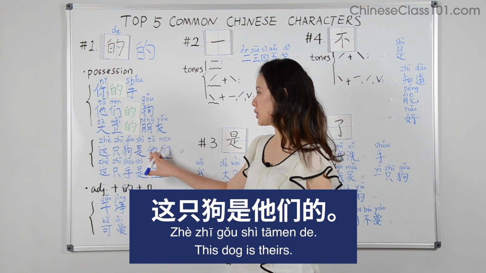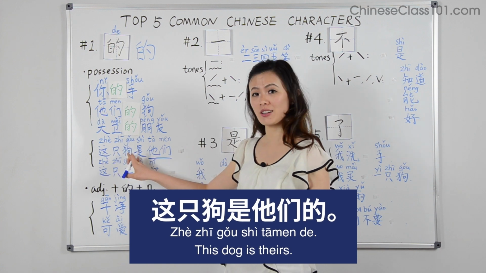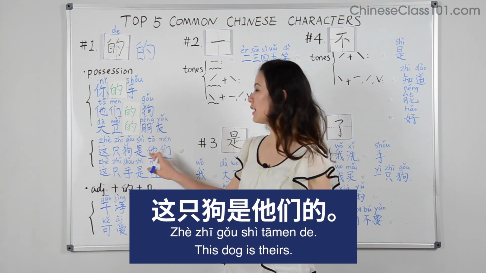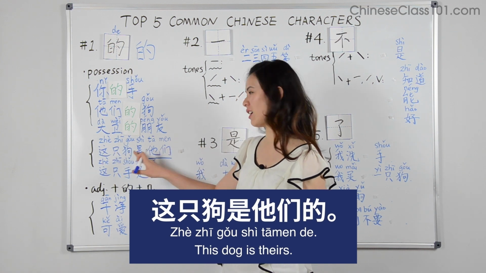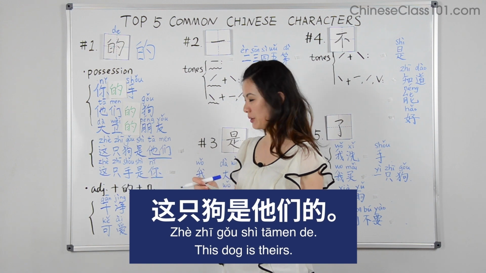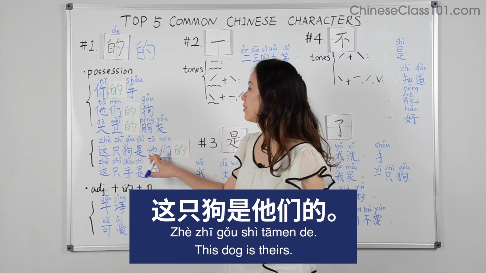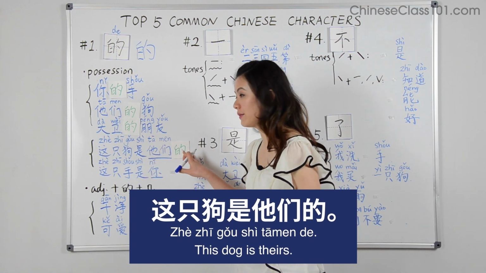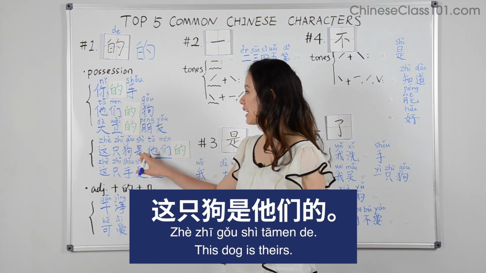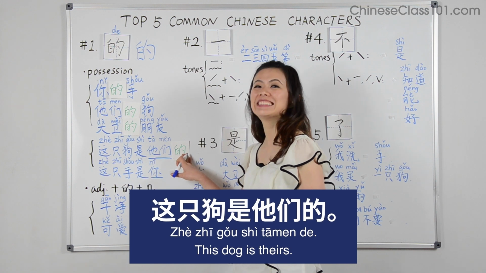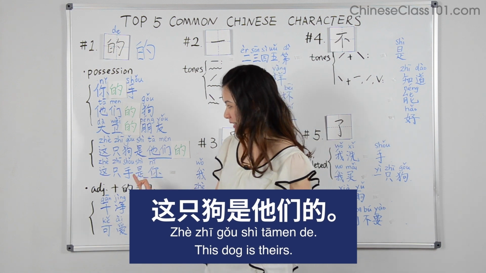这只狗是他们。这只狗 means this dog. 是 is 他们 they. Well, by itself, it doesn't make much sense. This dog is they. But if we put a 的 after 他们, we turned they into theirs. 这只狗是他们的。This dog is theirs. Okay, 这只狗是他们的。